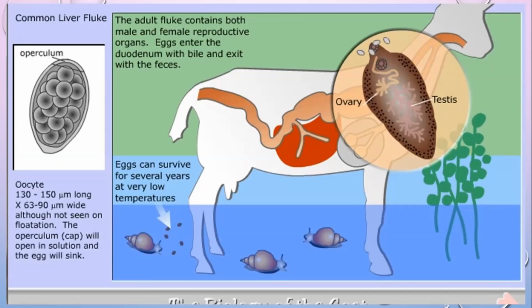It is still a juvenile fluke, an immature fluke. So after 6 to 8 weeks, it then goes to the bile duct, and the bile duct is the place where it matures to the adult form, and it occurs only after 9 to 12 weeks of infection. After 9 to 12 weeks after the animal has ingested the metacercaria, the adult form is present in the bile